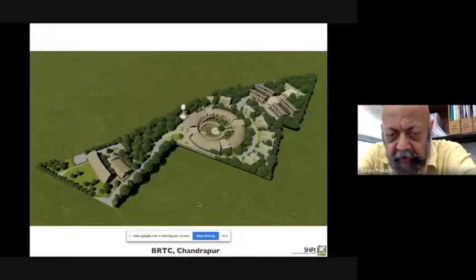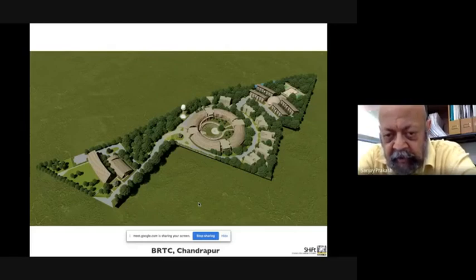This is the last example that I'm going to give you. This is something called the Bamboo Research and Training Center. Again, a development from our Shanghai, our China work. We had developed sufficient confidence to say that bamboo can be long-lived. It can be as long-lived as 50 years. Its major structural property that is of consequence is that its fire resistance is not fully worked out. And since we don't have a tradition of timber building in India, we also have the same kind of issues with bamboo building. But anyway,